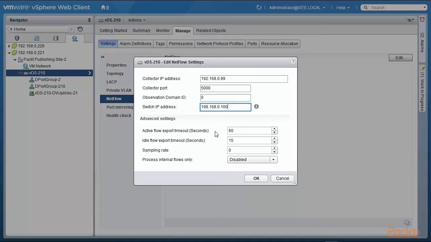basically every 60 seconds. The idle flow export timeout basically means that once a flow stops and nothing happens for 15 seconds, then it times out and the information is sent over to the collector saying that the flow has stopped. The sampling rate here is 0, but it's a little convoluted, but let's give it